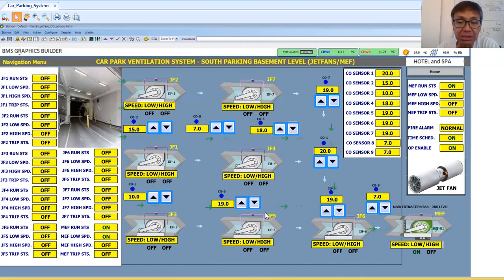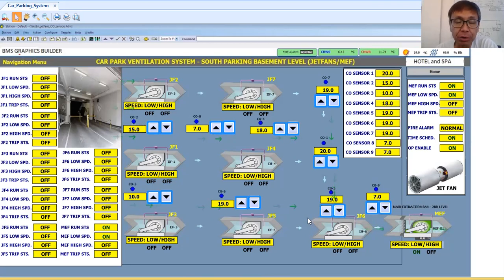Okay, the CFD analysis will tell them how the fluid or the gas will flow from that basement area. Let's say you have high concentration here, how it will go to the extraction side, or how it will go to the main extraction fan, so how it will flow.